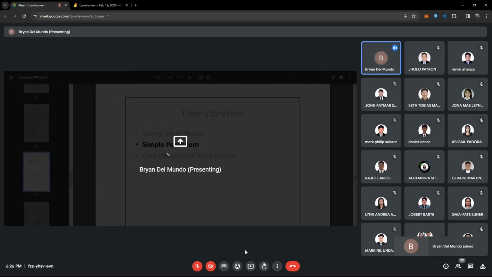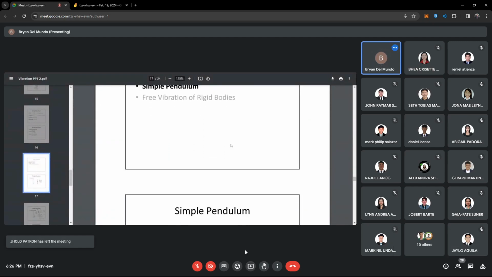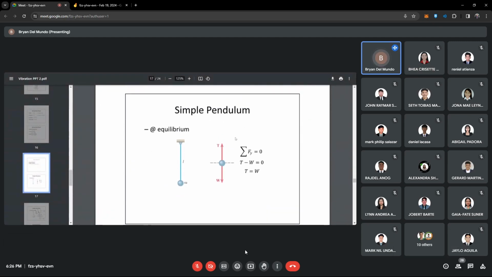Okay, so let me share to you our next topic. So, simple pendulum. Okay, kung mapapansin nyo, okay. So for our simple pendulum,